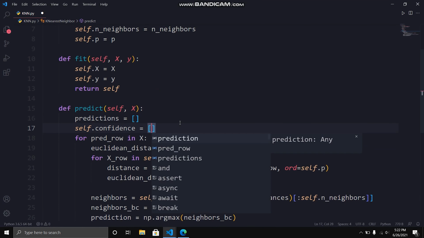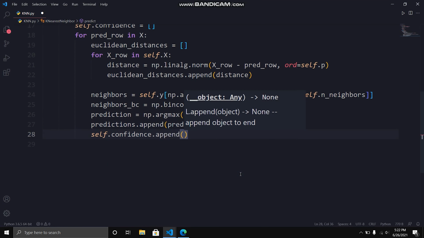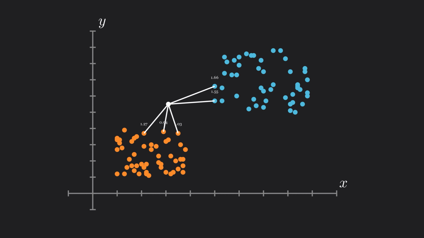We will make one more empty list to append the predictions, but we also need the confidence of every prediction, that is, how sure our KNN is. For that, I will use a simple math technique to calculate it. In the explanation of this point, 3 points belong to class A and 2 points belong to class B, so the majority goes to class A, but the confidence of that point can be calculated by dividing the total number of neighbors in the majority class by total neighbors. So it will be 3 upon 5, which equals 0.6. So our KNN is 60% sure about the prediction. So we have successfully made the KNN algorithm.